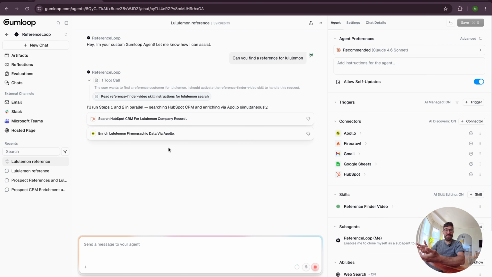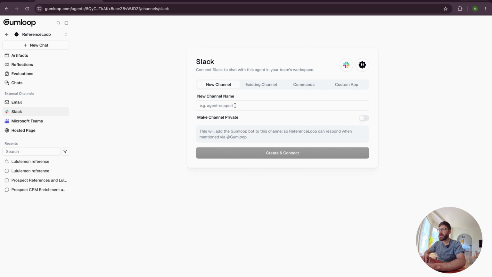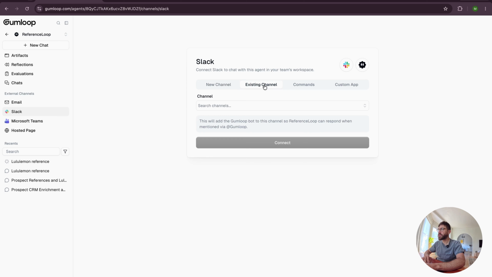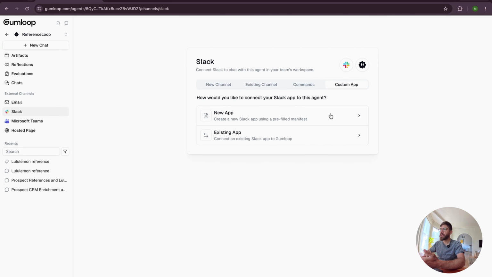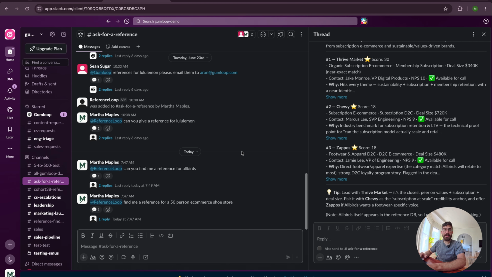Now, the final step, the additional step, is to add this agent to Slack. That's super easy. Here we can add it to an existing channel. Now I've set it up as a custom app and I'll kind of link below how you can do that. You just go through the steps to create that, and that's going to give you an at that you can use. So now that I've added my agent to Slack, I can just go reference loop, find me a reference for